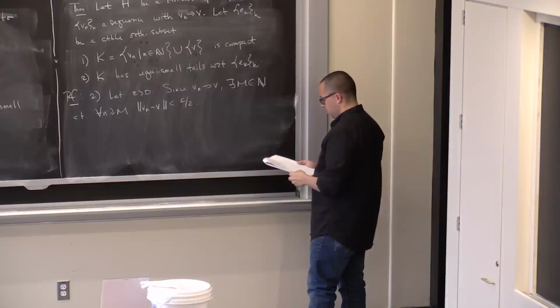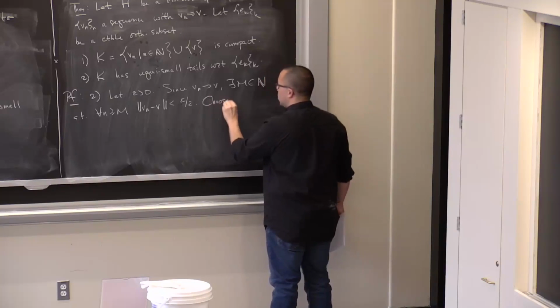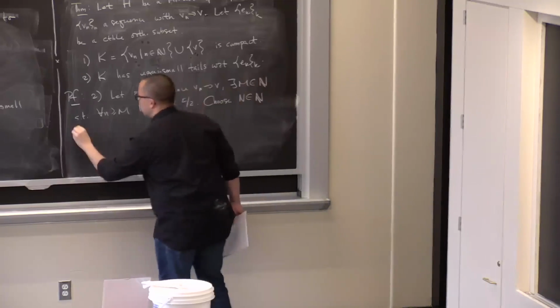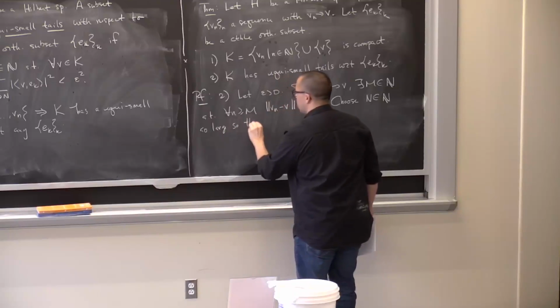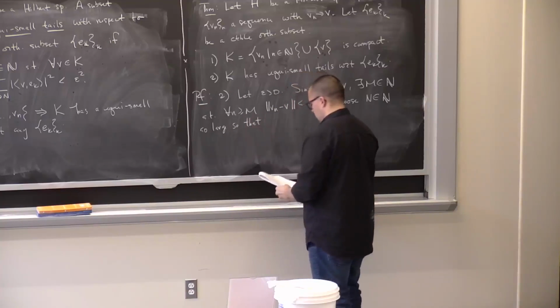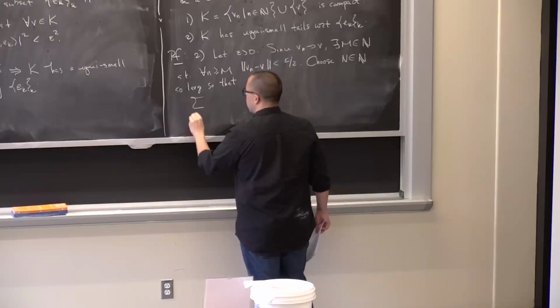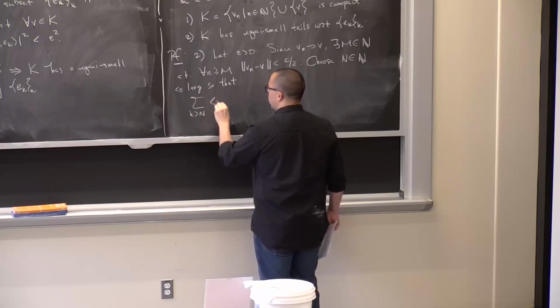Okay. Now choose natural number n so large so that the sum over k bigger than n of V ek